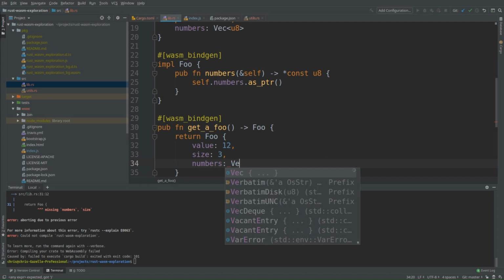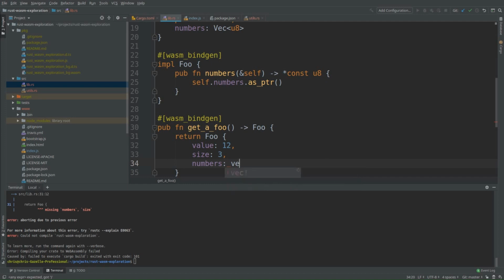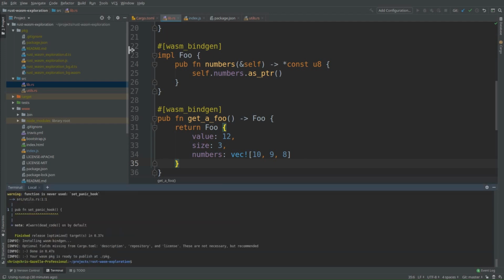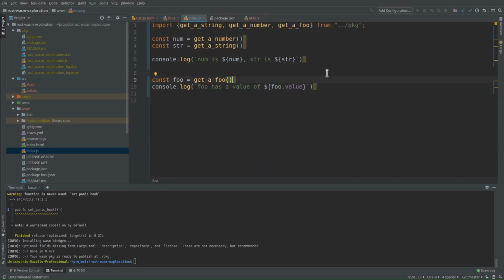I just gotta think of some good numbers and try to remember this macro here. So vec!, this vec! bang is useful. That just lets us inline declare our numbers. So we got 10, 9, 8. Aborted countdown, I guess. So now what we'll do here is on the JavaScript side, we can get at that